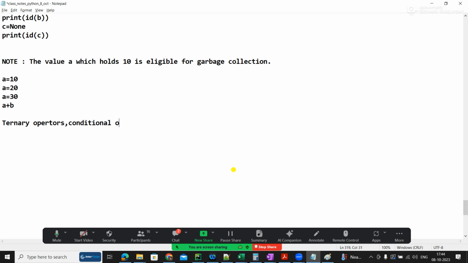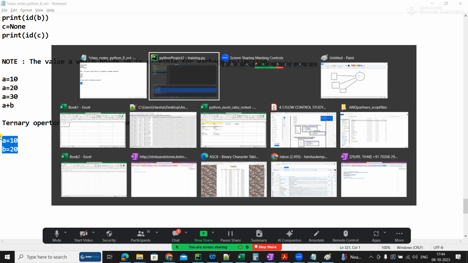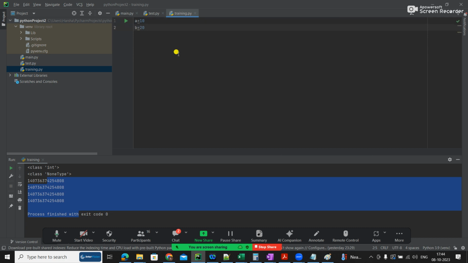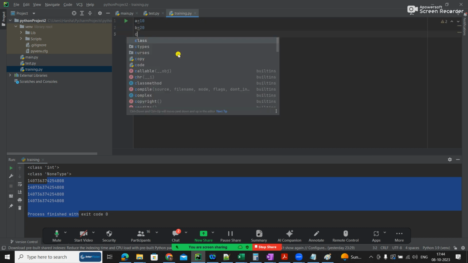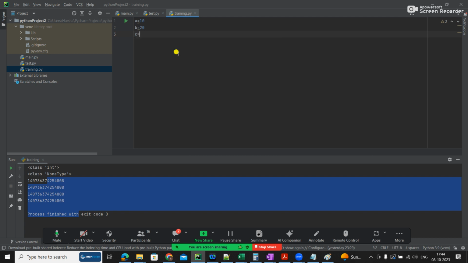Yesterday I gave an example like a equal to 10, b equal to 20. Let me do it directly here. If I want to know whether a is greater than b or not, there are two ways. One way we have already seen, using if, but a ternary operator does that in a single line: a if a greater than b, else 30.